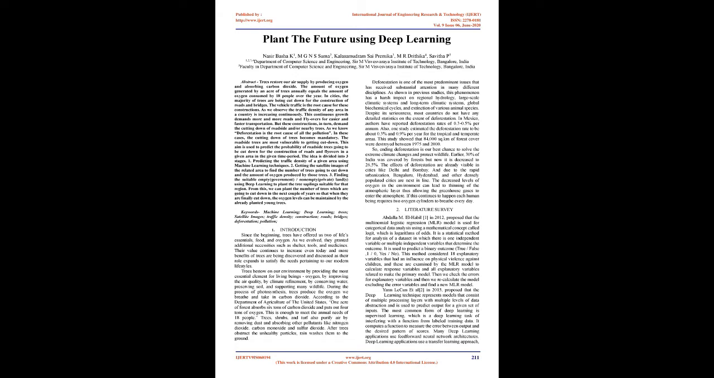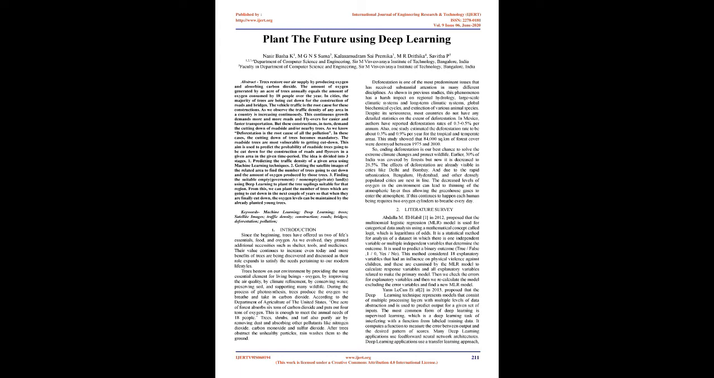2. Getting the satellite images of the related area to find the number of trees going to be cut down and the amount of oxygen produced by those trees. 3. Finding suitable empty government land or non-empty private land, using deep learning to plant the tree saplings suitable for that region. From this, we can plant the number of trees which are going to be cut down in the next couple of years so that when they are finally cut down, the oxygen levels can be maintained by the already planted